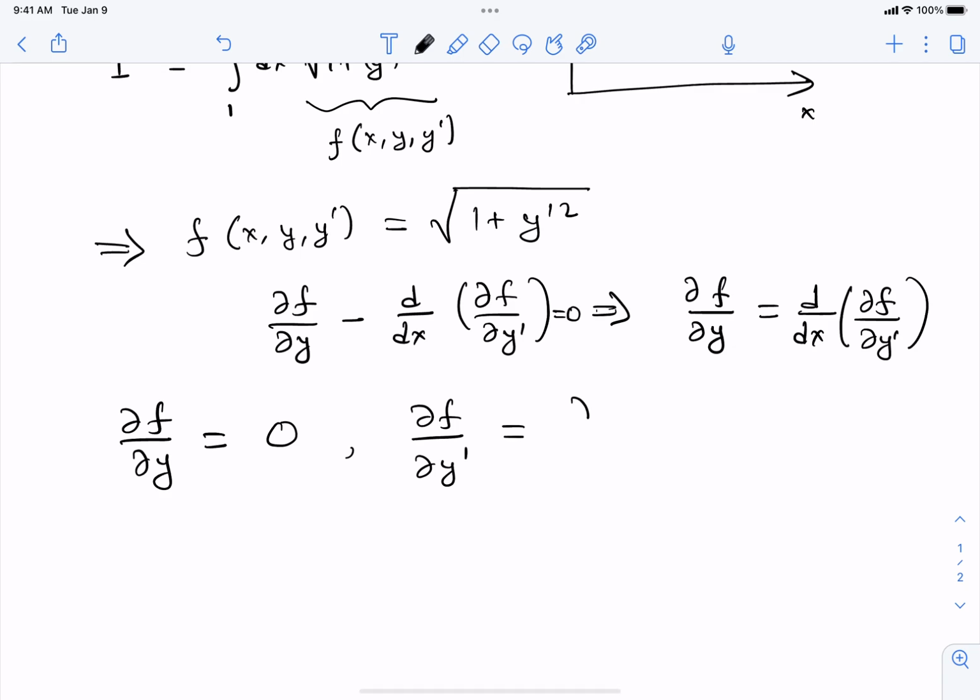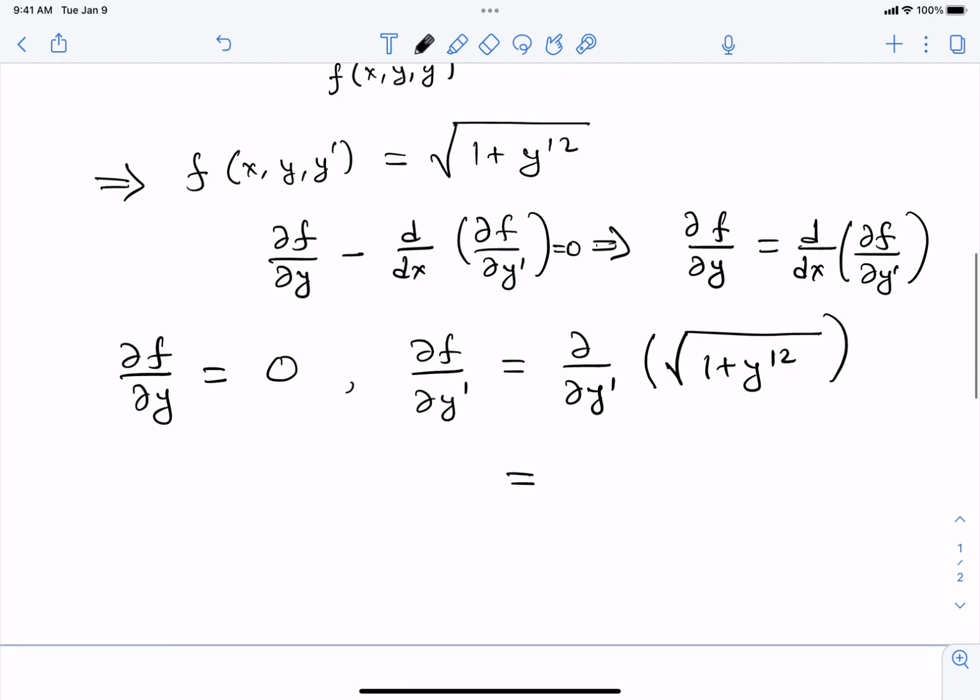Del f by del y prime would be del by del y prime of square root of 1 plus y prime square. Okay, this is simple differentiation. This is the differentiation of a quantity whose power is 1 by 2. Okay, so if the power is 1 by 2, then we can simply write 1 over 2,